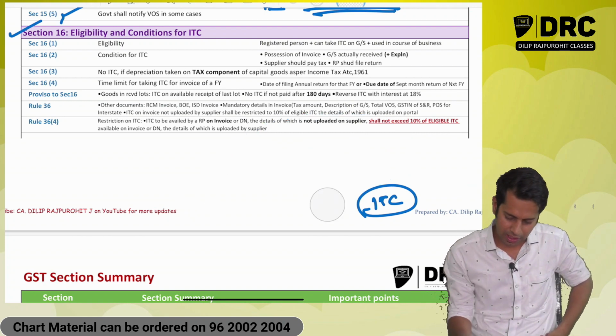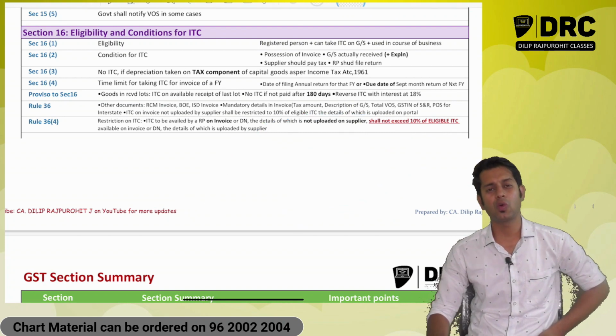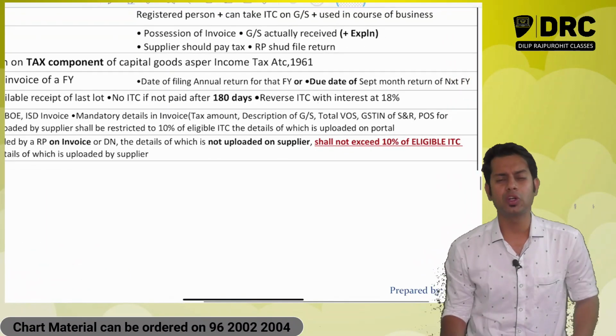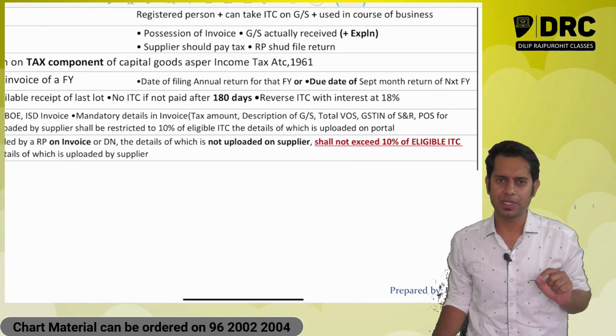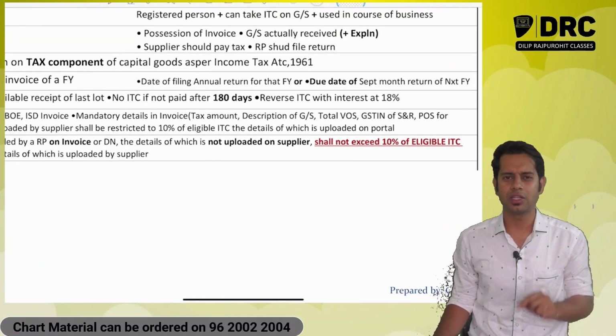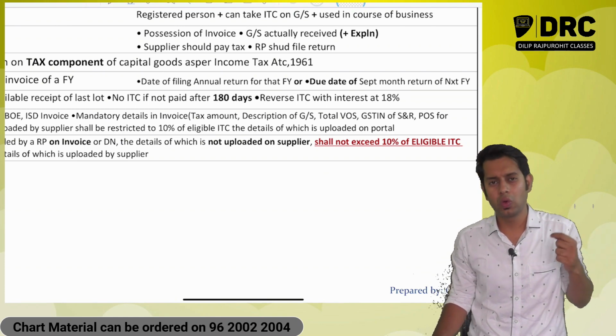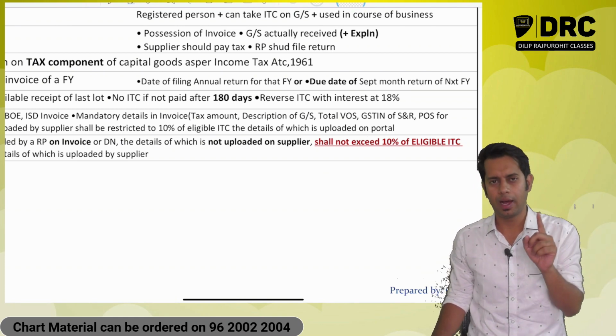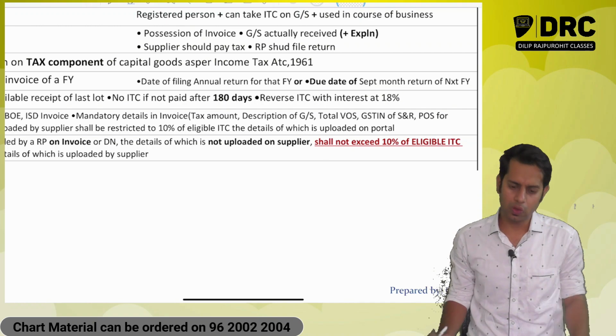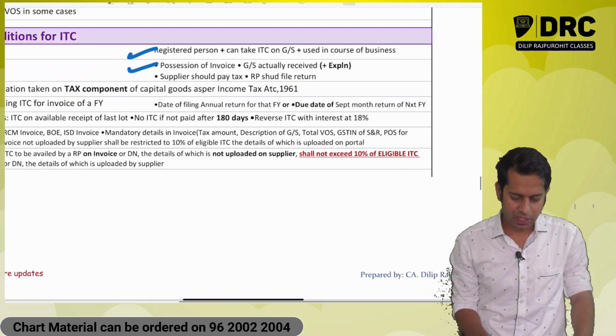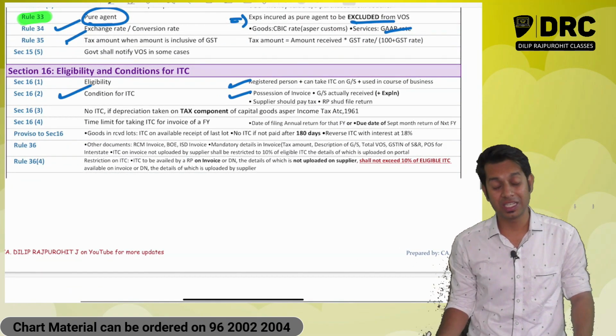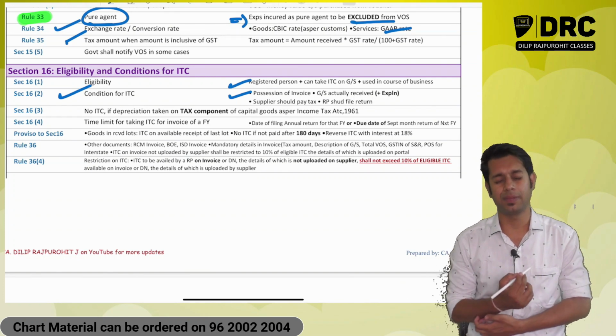It is with respect to what, sir? Input tax credit. Section 16 talks about what? Section 16 talks about eligibility. Who is eligible to take input tax credit? Every registered person can take input tax credit on goods or services or both which are supplied to him, if they are used or intended to be used in the course or furtherance of his business. Section 16 subsection 2 gives conditions for